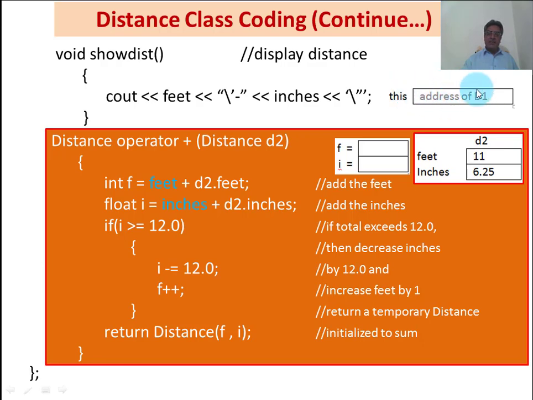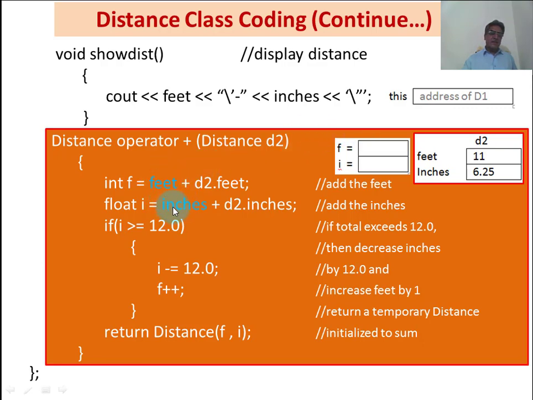So here we have the address of D1, here we have the value of D2. Whenever we add D2 and D1 values, this is the value passed to this function, and through this address we will jump to the address of D1 and get the value of D1, and the function will perform the operation on these two values. So feet and inches, these two blue color values or attributes, are actually the class data,